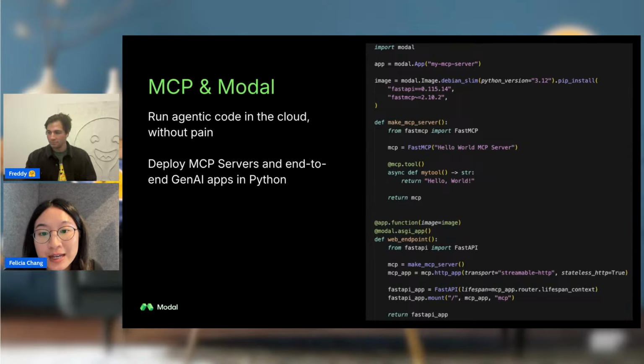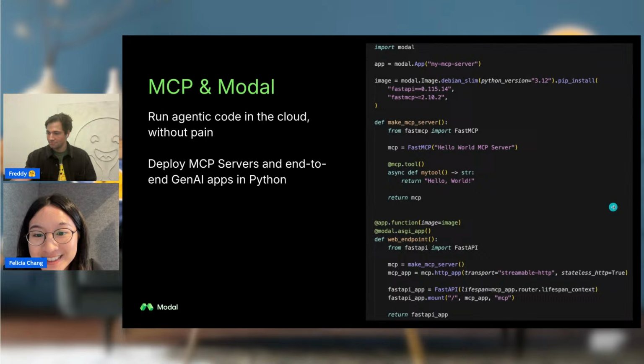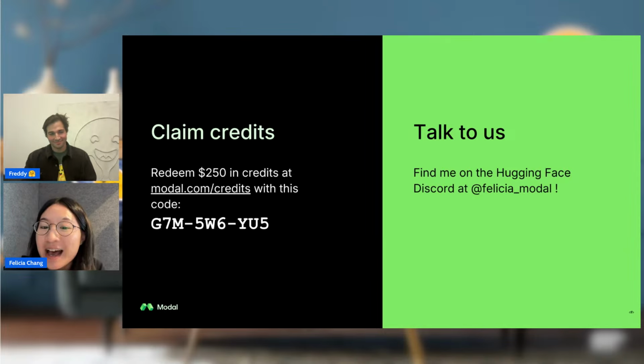The way you can do that is through Modal sandboxes. Modal sandboxes let you run agentic code in the cloud without pain and do so securely. We would be really excited to see what you build with our sandboxes and with MCP in general.